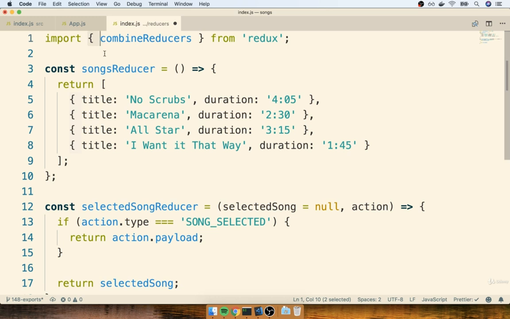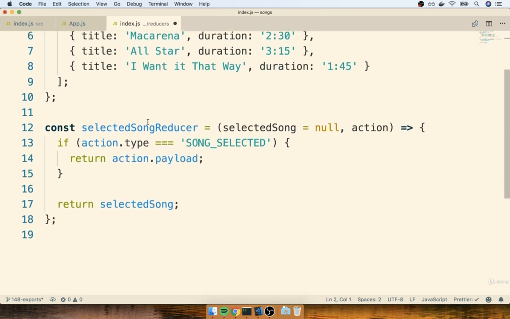Now I'm sure you might be curious, how do we know when to use the curly braces and when not to if we are importing code from some other library? The only answer I have for you is that you need to look at the documentation for that library. When you are importing code from your own files, you will always know by looking at the file contents if you are doing a named export or a default export, and thus whether to include or not include the curly braces. So anytime you're making use of some outside library, you have to look at the documentation and be told whether or not you need those curly braces.